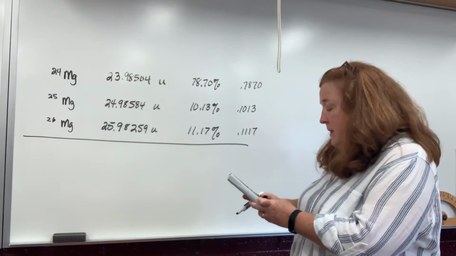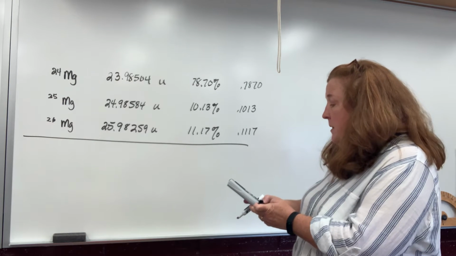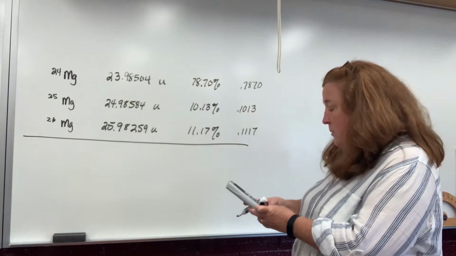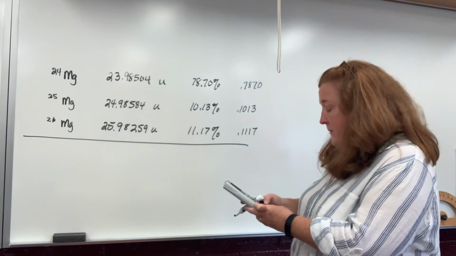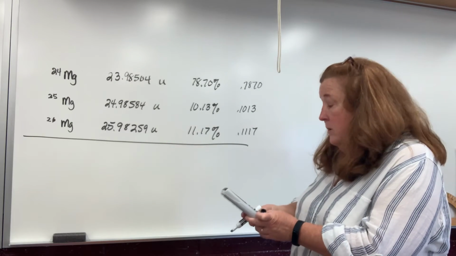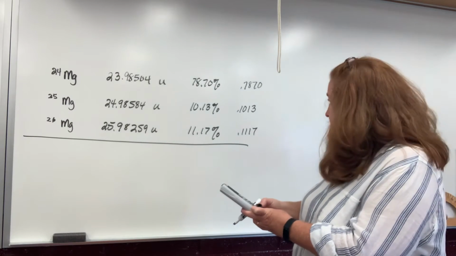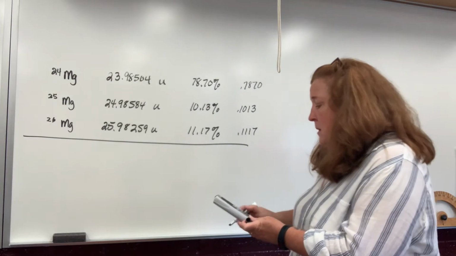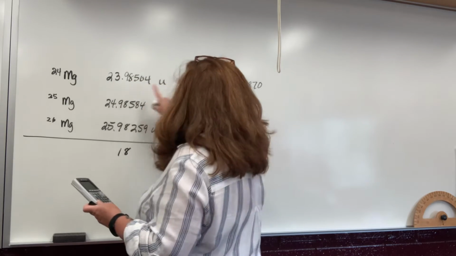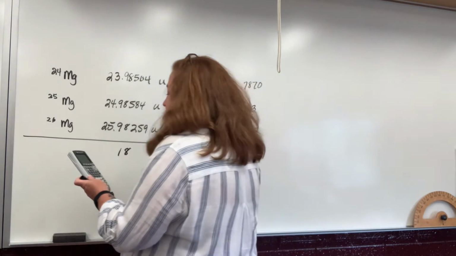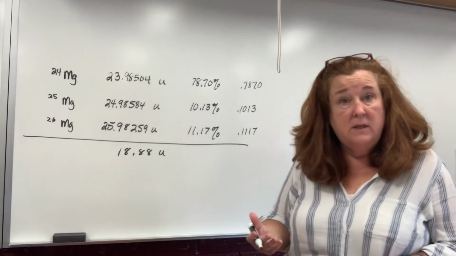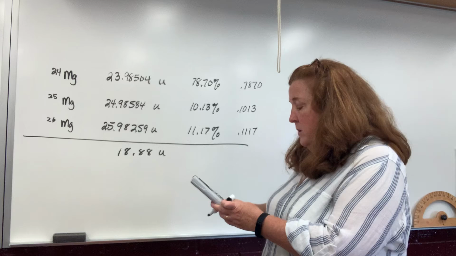So I'm going to take, like I said, the 0.787, and I'm going to multiply it times the 23.98504. And for the first isotope, if I can use my calculator correctly, I'm going to get 18, and now I can keep 4 significant digits. So 18.88, and that's atomic mass units. That's the part that is the first isotope. I do the same thing for the second one,